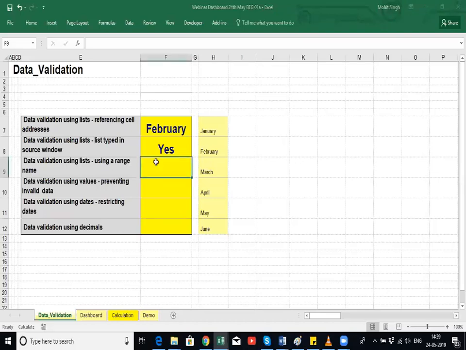So what is a range name? A range name is nothing but when we define a name to a data set. So this is my data set. You can see I have defined a name. I have given a name which is validation